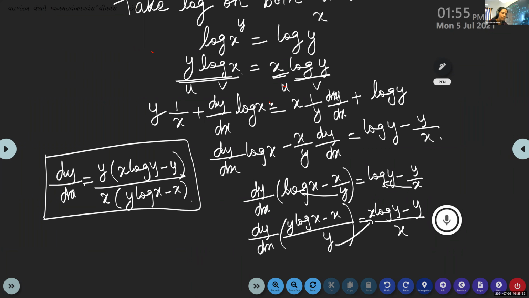Okay, so this is the method where the function is given with both x and y, the implicit form of function. Whenever the y term is there, no need to take it as y, already y is there. And the exponents are functions of x. So what we can do, we can take log on both the sides and we differentiate.